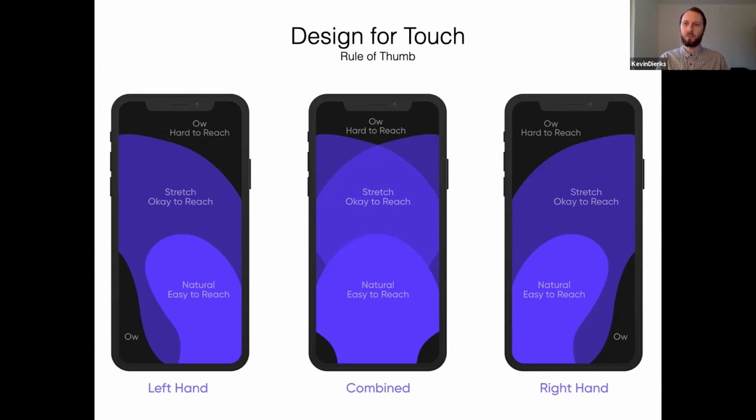Then you have areas where you have to stretch a little bit, and then there are sections that are really hard to reach, where your phone's almost falling out of your hands, right? So you want to think about where you put your important components that your user needs to use more often, and locate them in one of the easier sections.